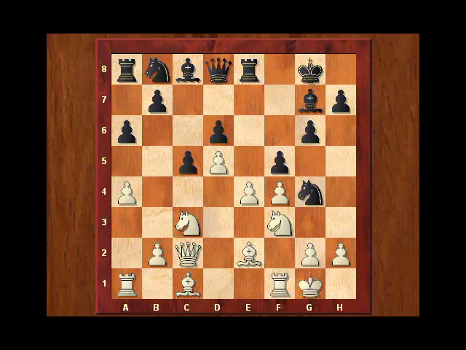Anyway, in this lesson, I'm going to show you a number of positions in which I will verbalize the calculation process of the player to move. Your task is to find out if something is wrong with the thought process, and if so, what is wrong. Good luck. Okay, this is position number 1.